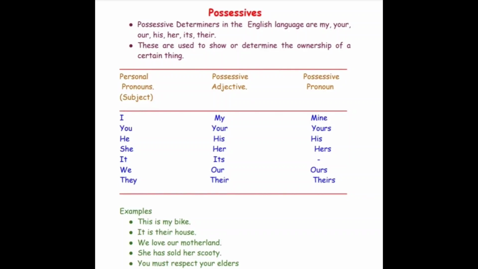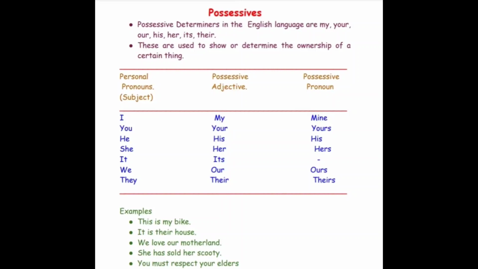She has sold her scooty. Here, her is the possessive adjective. While you must respect your elders, your is the possessive adjective. Since we are talking about determiners, we are not taking possessive pronouns into regard. It is just for your information. In this way, I have tried to discuss the possessive